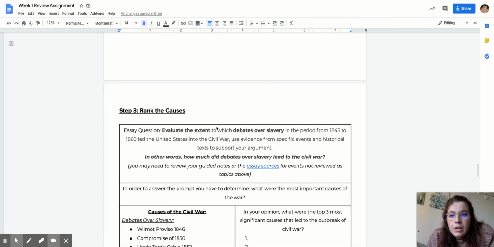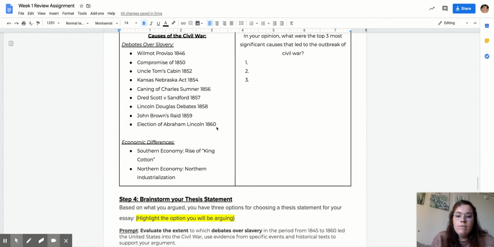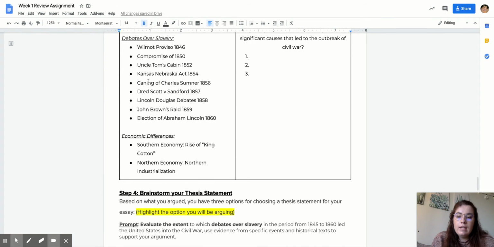And what you're doing on your essay is evaluating the extent to which debates over slavery in the period from 1845 to 1860 led the United States into civil war. So in other words, what you're trying to do is figure out how much did these debates over slavery lead us into the Civil War. In order to do this ranking of all of the different causes we looked at that are listed here,